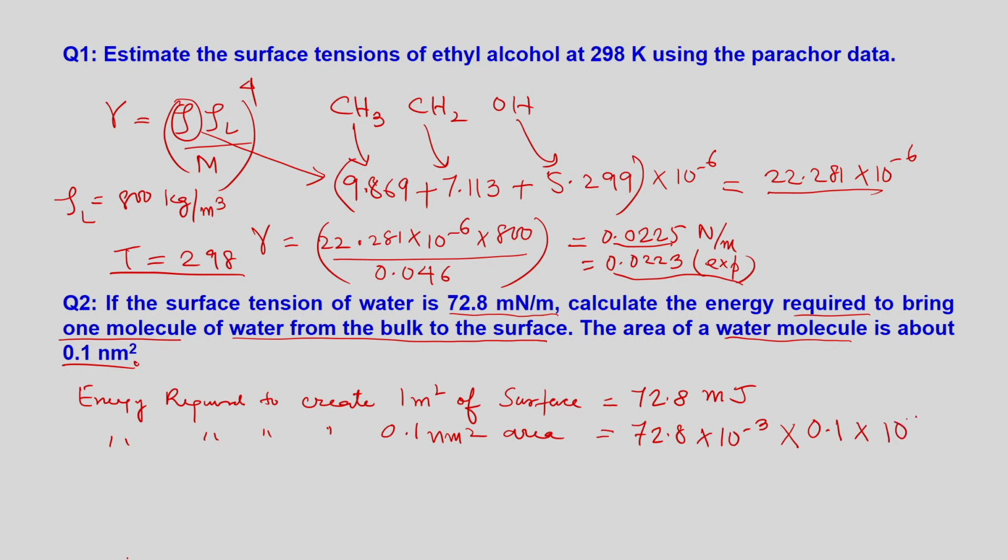So, it is 10 to the power of minus 9 into whole square, this will be meter square. Okay. So, what is that area? Then you multiply all these, what is it? It will be equal to 72.8 into 10 raised to the power of minus 22 joules. So, in joules, this is the amount of joules you require to bring one molecule. Okay. So, if you require Avogadro number of molecules of this, you just multiply by this, you will get the total energy required. Okay. So, these are the two problems.